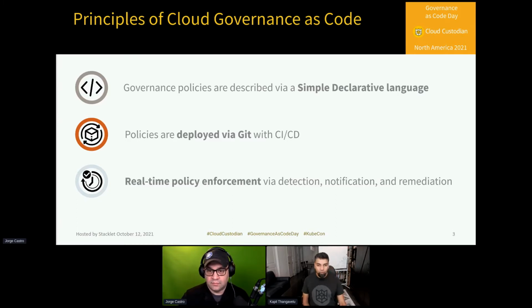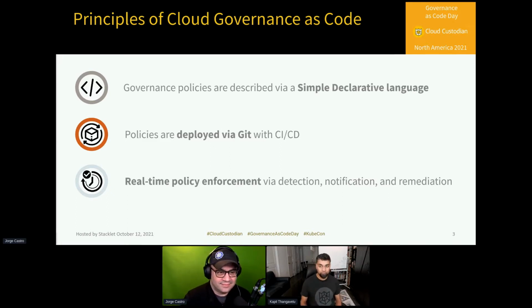And looking at what does it mean to do governance as code? Well, fundamentally, we would have to write a policy. We choose to use a declarative, simple language in the same way that we've used Terraform and CloudFormation to do infrastructure as code. We then... Is that a train? That is an ambulance outside. Apologies. And then we, off of those policies, we commit them to a Git repo. And in the process of doing that, they go through code review, they go through CI and testing, and finally they're deployed out to the actual cloud environment to enable real-time enforcement around detection, remediation, notification around any issues within that cloud environment.